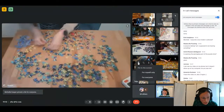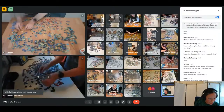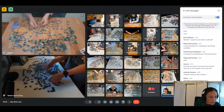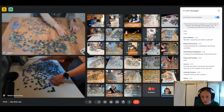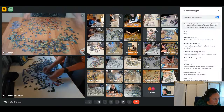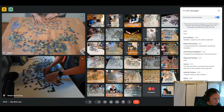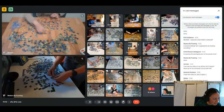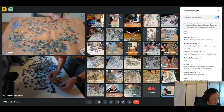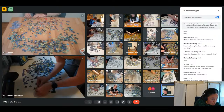So now we're going to check what Maggie and Madara are up to. Madara is working on the border already. Maggie seems to be doing more of a color sort. Yeah, so we have a lot of people watching from the UK, Romania,